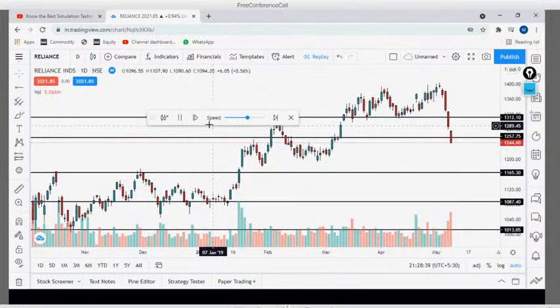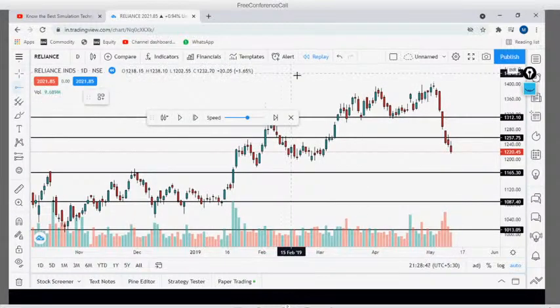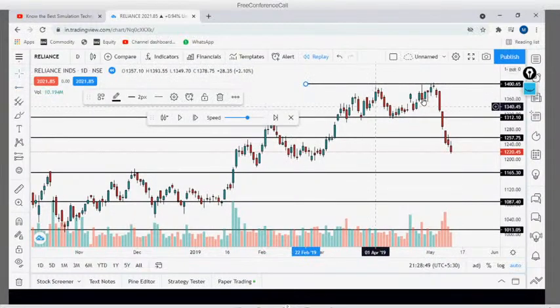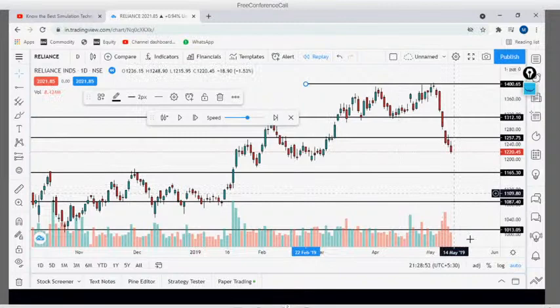See, after breaking this one, right? Okay, now it has made a new high. So what I will do is mark this as one of the resistance areas, because it has formed a new high and after that it is falling. The previous levels will still be the same. I don't want to change these because these are almost the respected levels. So I'll keep them like that. We'll see now, proceed further.